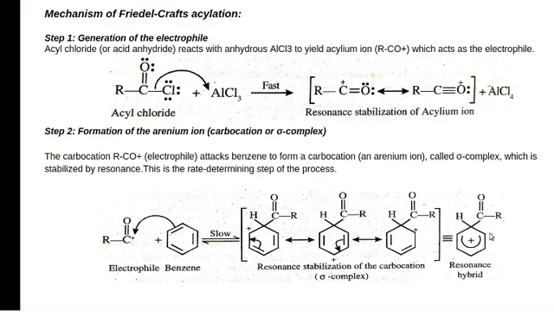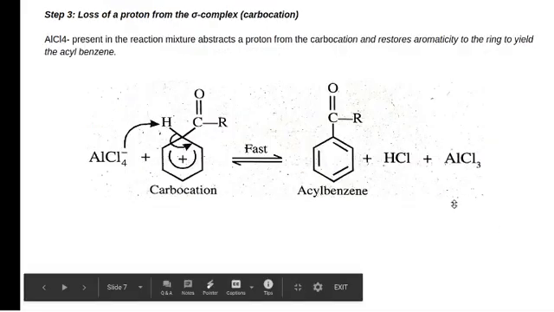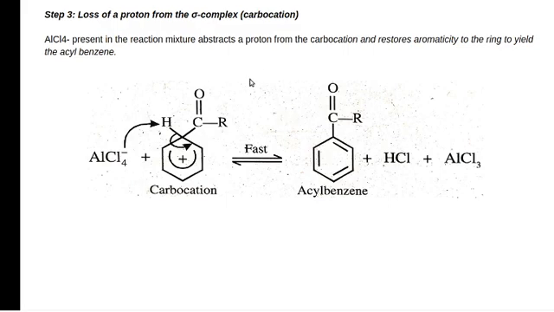So these are the two steps for the Friedel-Crafts acylation. Let us discuss the third step. This is the third and last step of the acylation reaction. In this step, loss of a proton from the sigma complex occurs. That means AlCl4 minus, present in the reaction mixture, that was formed in the first step of the reaction, abstracts a proton from the carbocation and restores aromaticity to the ring to yield